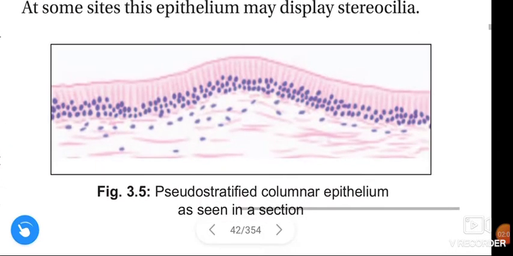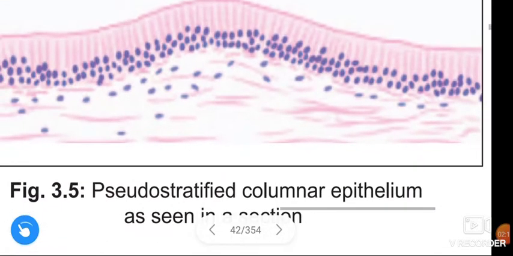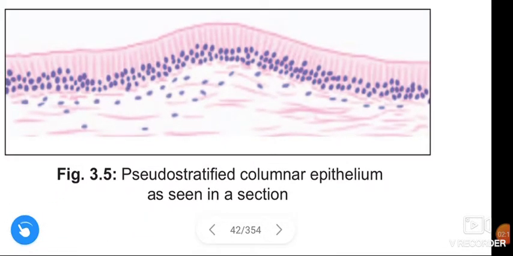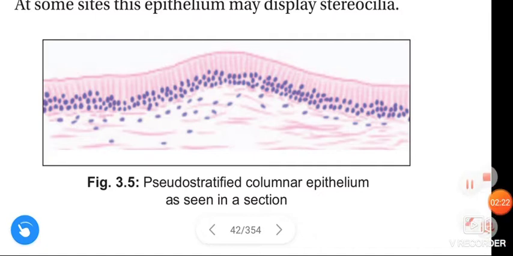See this figure. This is the figure of pseudostratified columnar epithelium in section. Okay. Next,